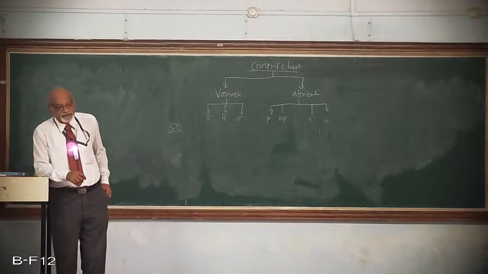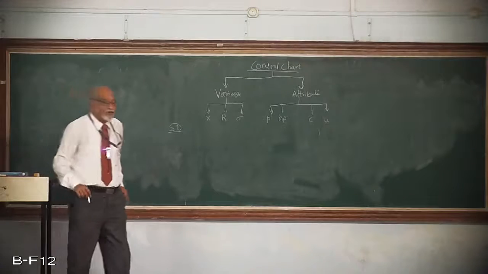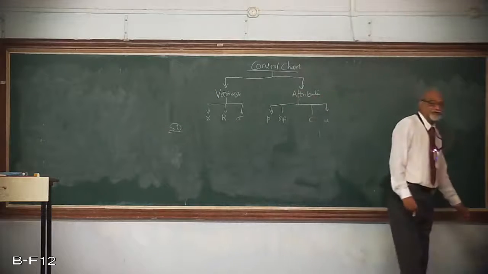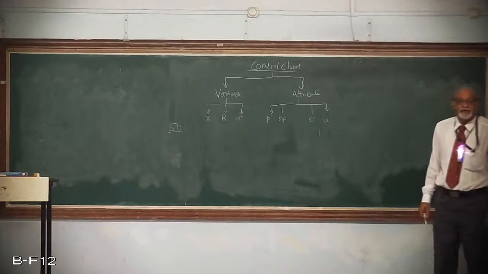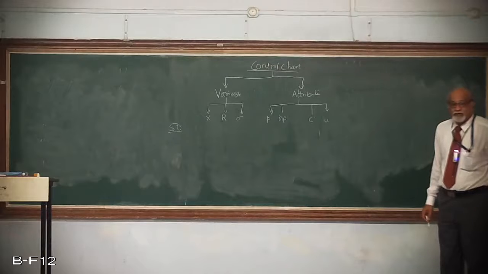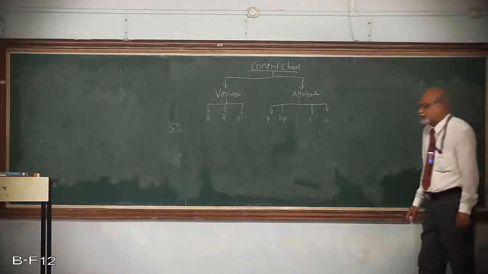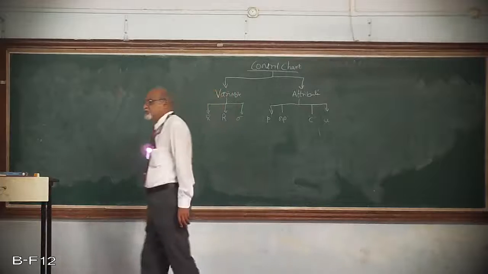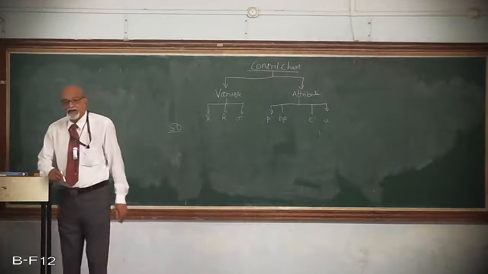In that case, it becomes economically not viable, because all these things depend on the economics only. Whether we should go for sample inspection or 100% inspection can itself be answered by analyzing it